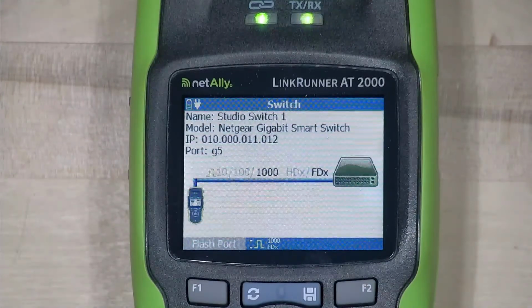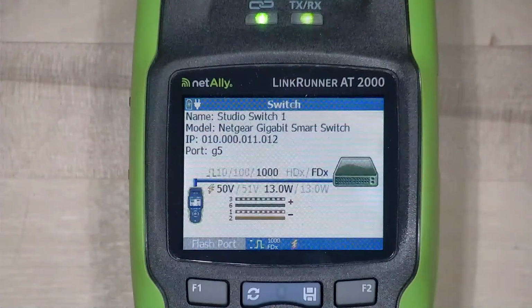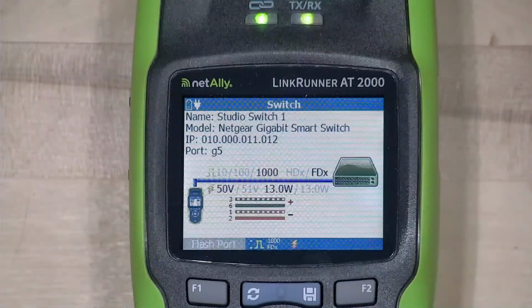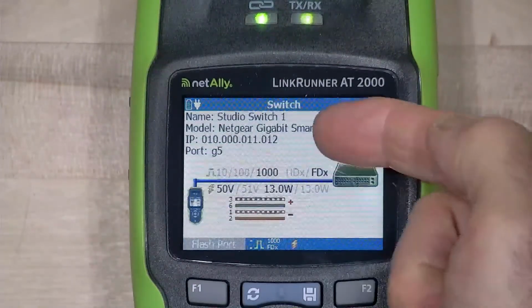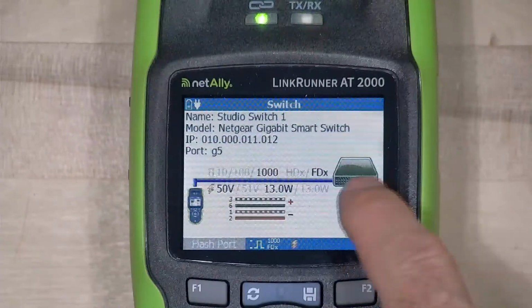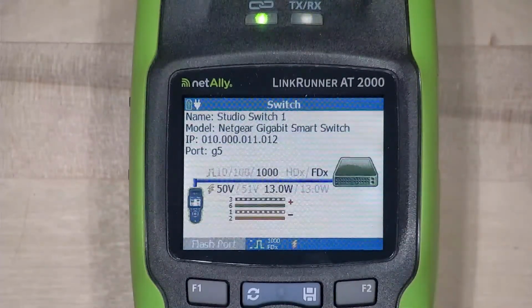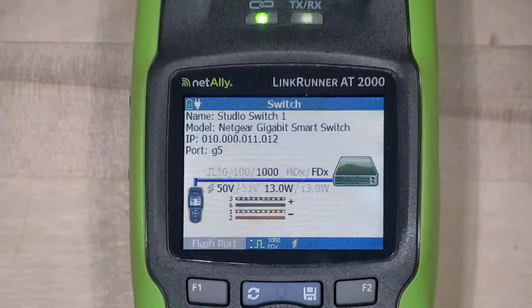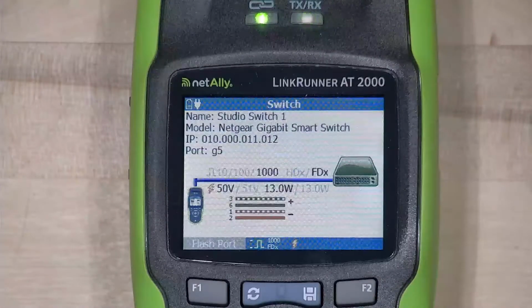We'll come back to the screen, and when we do, what we see is that this has given us some information about what's going on. It tells me which switch I'm connected to, which port I'm connected to, that I'm receiving an Ethernet signal, and that I'm getting PoE. So let's go through what this screen is telling us in detail